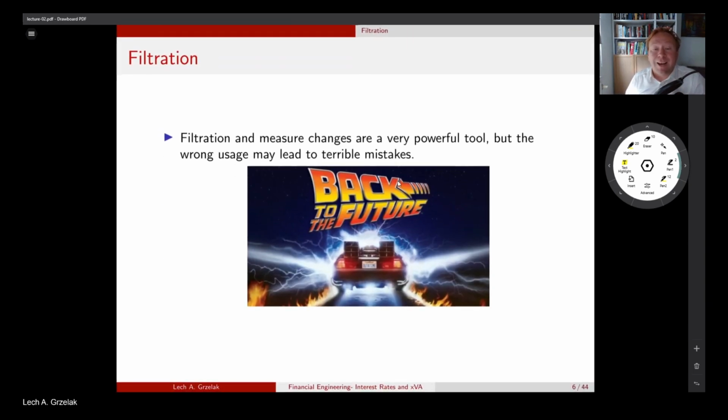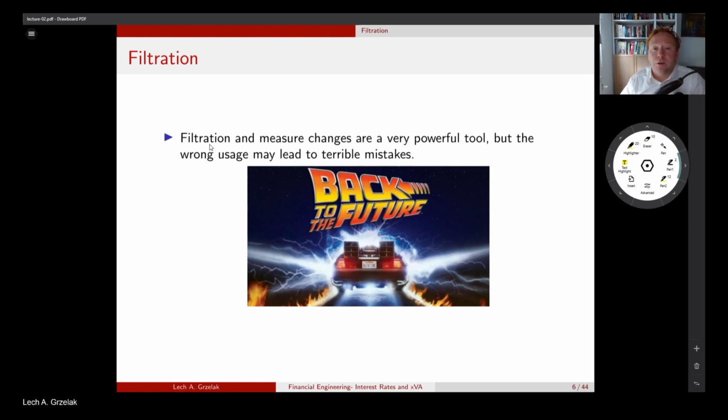This is something related to this traveling in time when you think about stochastic processes, where exactly you are, and how you calculate expectations. So here I would like to bring you a comment of mine. It's filtration and measure changes. Basically those two things always go together. They're really powerful tools, and if you know how to use them, they can be extremely powerful. You can really benefit